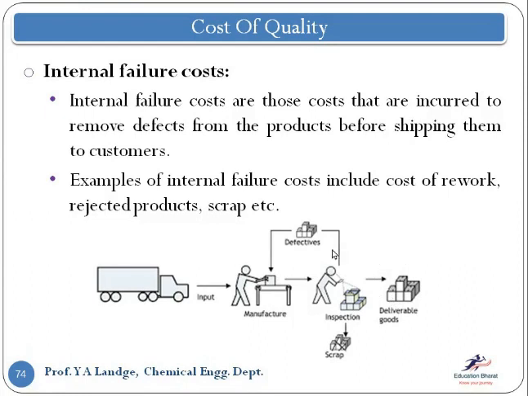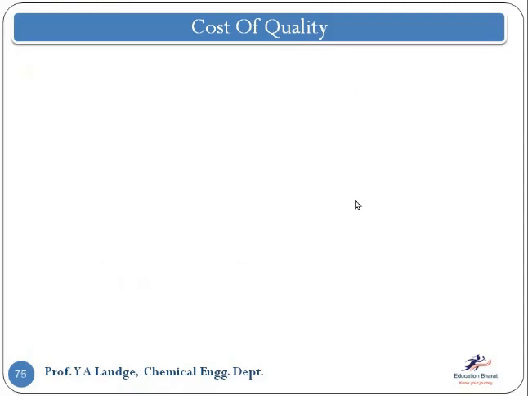So when there are certain problems that come under the defective ones, the internal failure cost is needed, meaning we need to rework again, or some of the material is totally lost and we get zero profit from it, because it is scrap material. So this one and this one come under the internal failures.